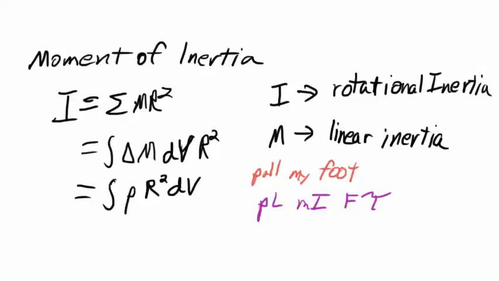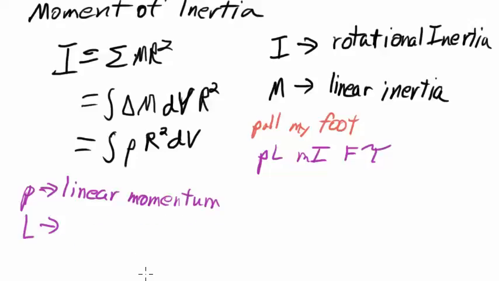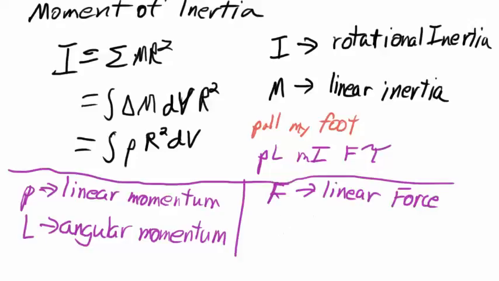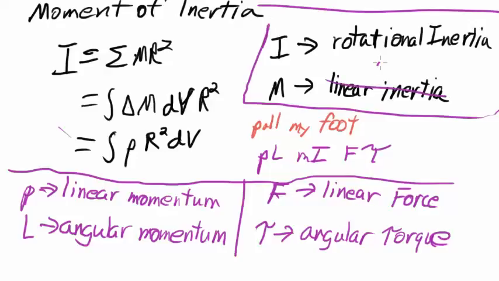Whereas P is associated with linear momentum, the quantity L is associated with angular momentum, and the quantity F is associated with linear force. The quantity tau is associated with angular torque. Combining these with m for mass, let's just call that mass, and I for moment of inertia,